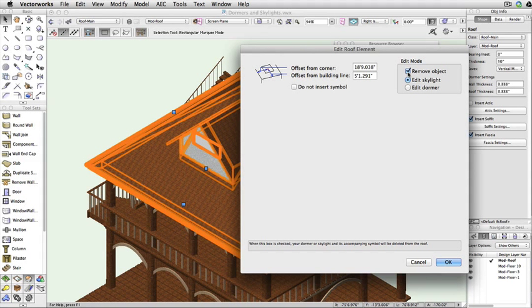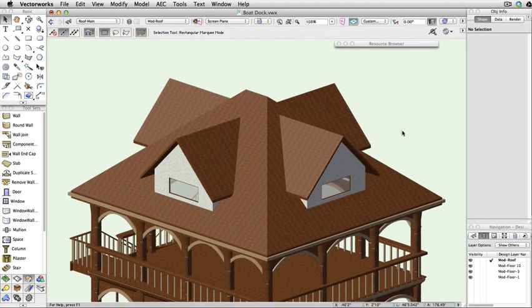Keep in mind that if you don't want the 3D symbol you inserted to be included as a skylight, but only want to cut a hole in the roof in the shape of the symbol, you can check this option, Do Not Insert Symbol. As a final note, if you have the RenderWorks module installed, to change the texture used